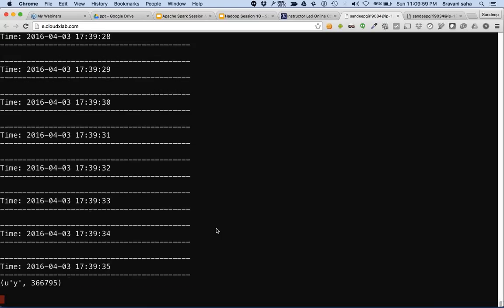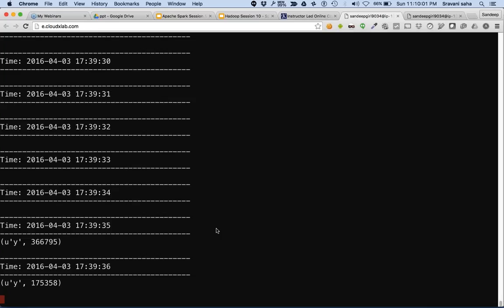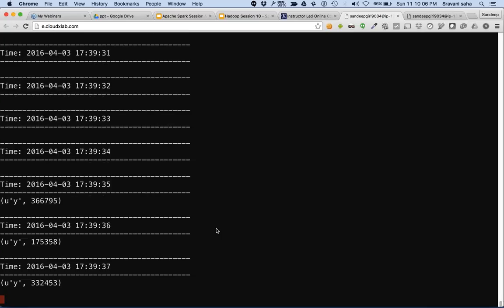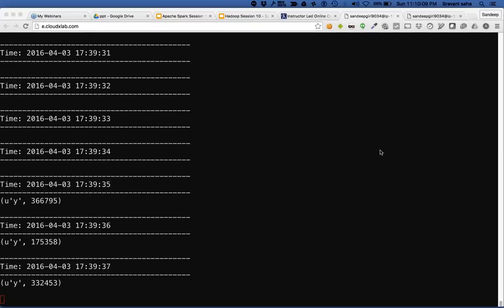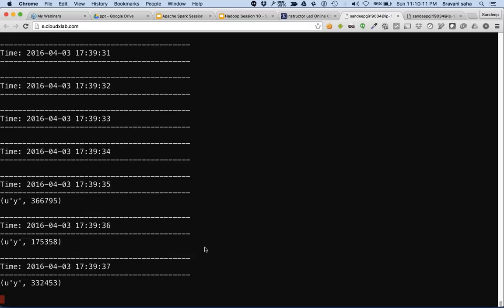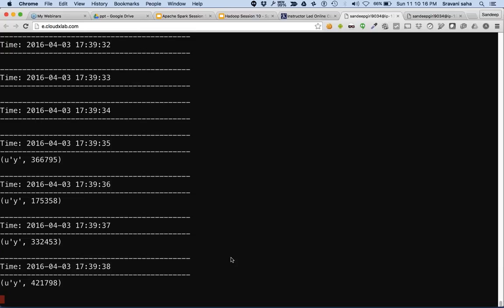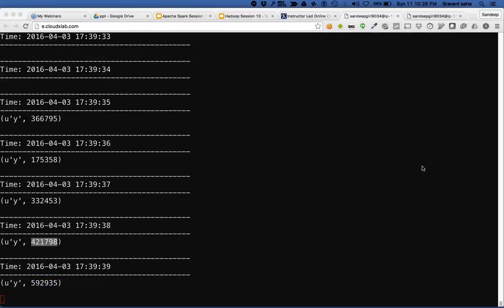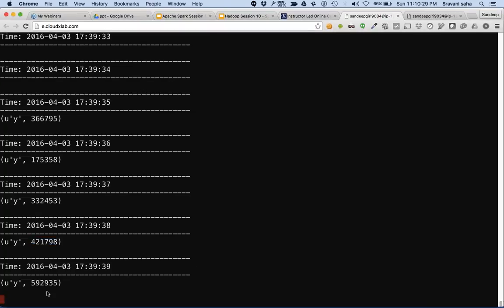Per second it's encountering 1.7 lakh y's. So it can handle so much data per second. 4.2 lakh input records. You can see that 6 lakh Ys have been encountered in a single second.